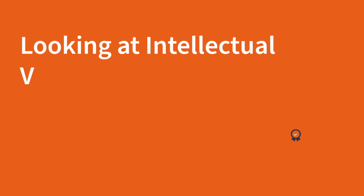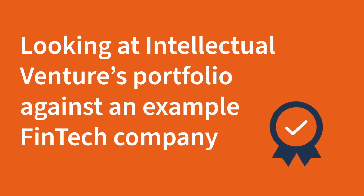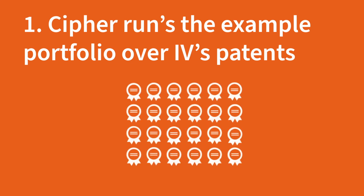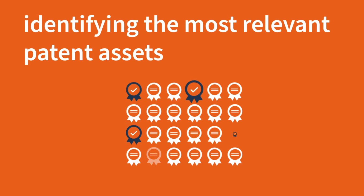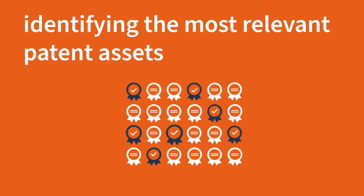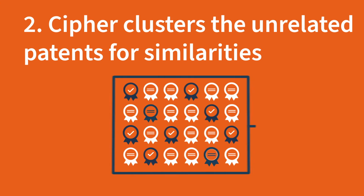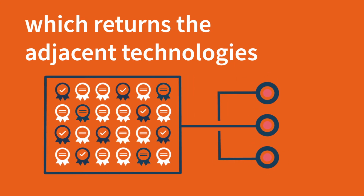technologies. In this example, we look at the publicly available patents from Intellectual Ventures and see how a company operating in the fintech space could respond to an assertion. The first step in the process is to run the customer's portfolio of classifiers over the Intellectual Ventures patents. This provides the most relevant assets and is the lens through which a company's internal taxonomy can be projected onto foreign assets. Secondly, we run the clustering algorithm, which looks for similarities between the two portfolios to return what we